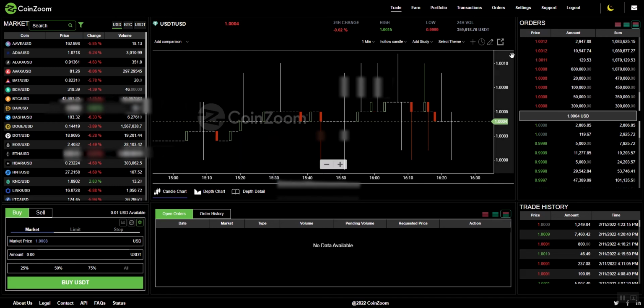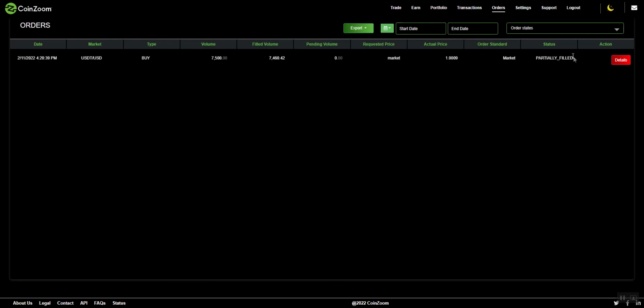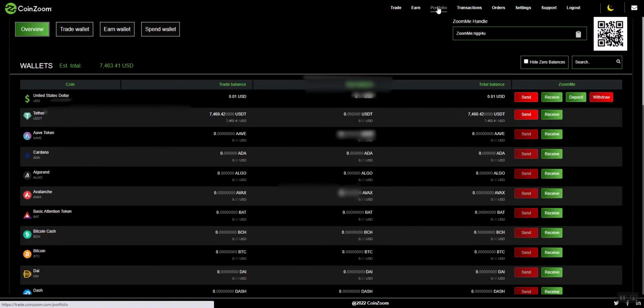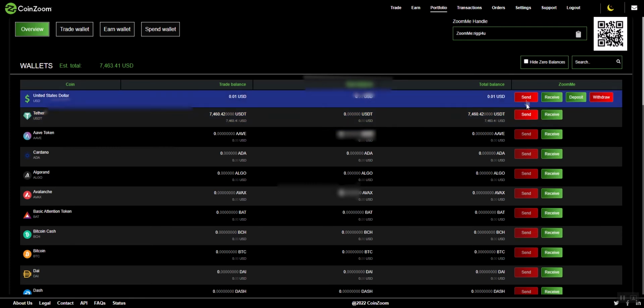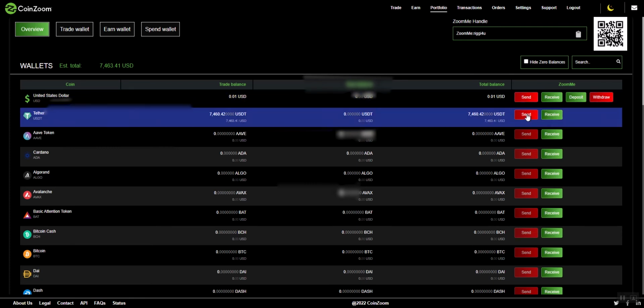Okay, now even though if you go over here to orders, it's still saying partially filled. I don't know when or if that ever goes away. It never seems to. If I go over to portfolio, it shows me I have 7460.42 after the cost of USDT. And so I'm going to click on send,